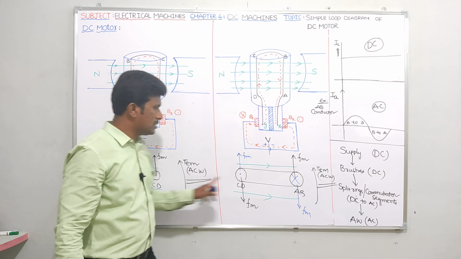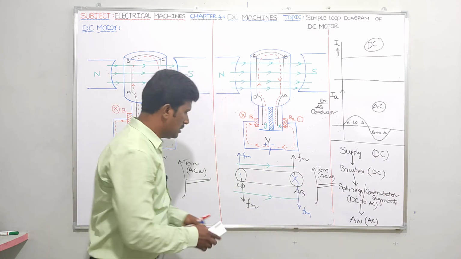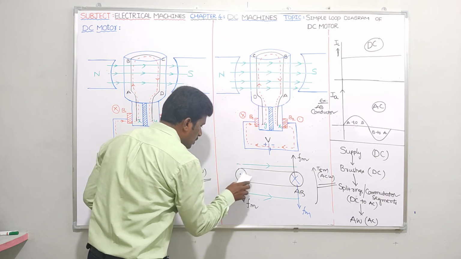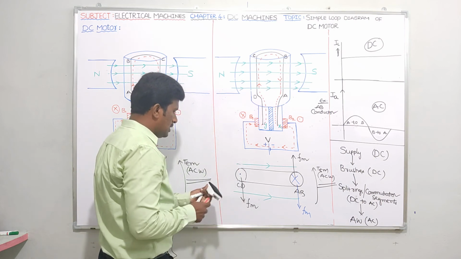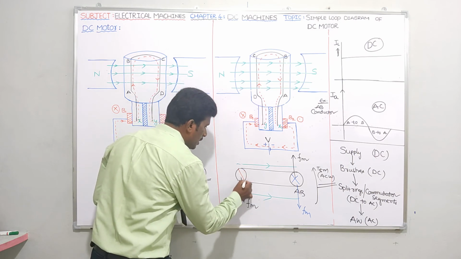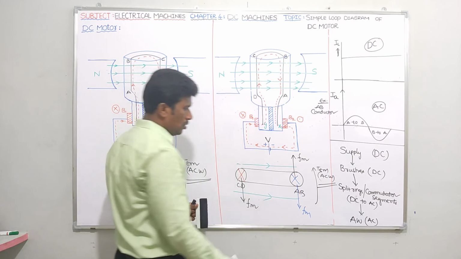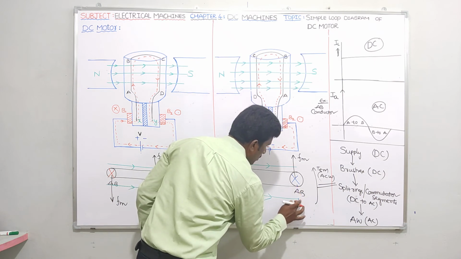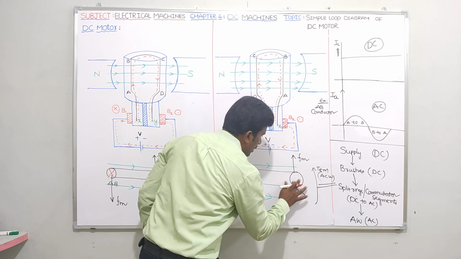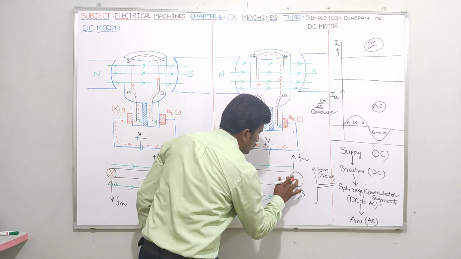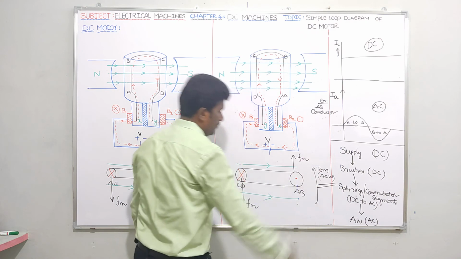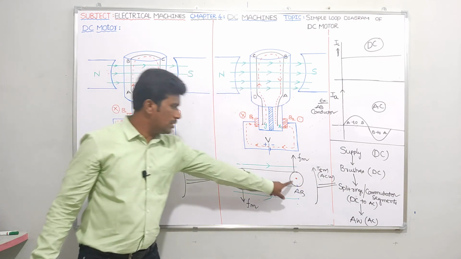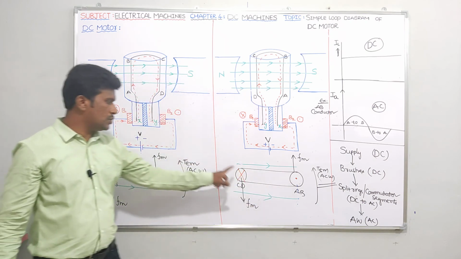Here I have taken anti-clockwise. It should be anti-clockwise direction. That means I don't want this type of arrow mark. It should be downwards. For that, CD should not be dot. It should be cross. So here also I don't want this type of arrow mark. I need the direction of current in AB to not be cross. It should be dot. See, previously at AB cross, now it is changed to dot. Previously in CD it is dot, now it is changed to cross.